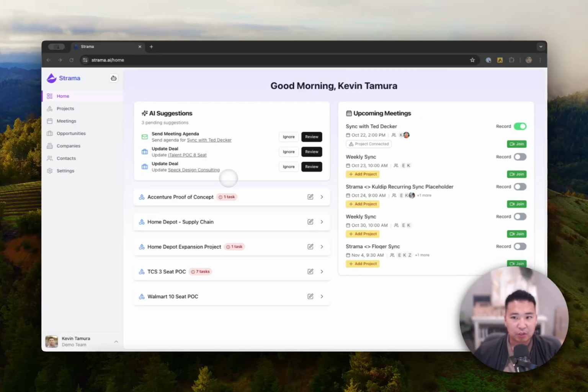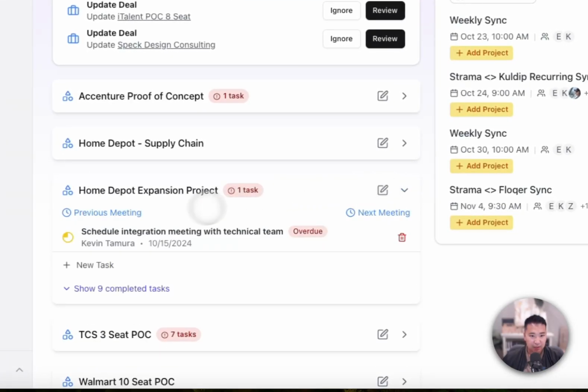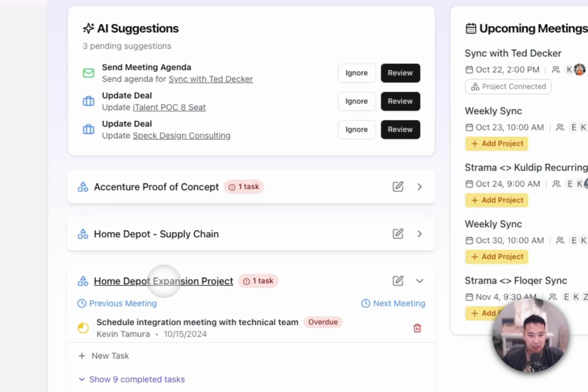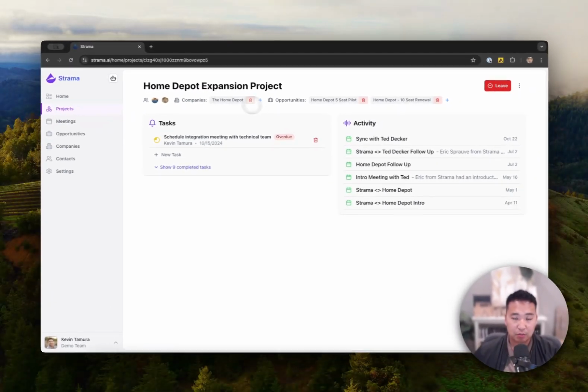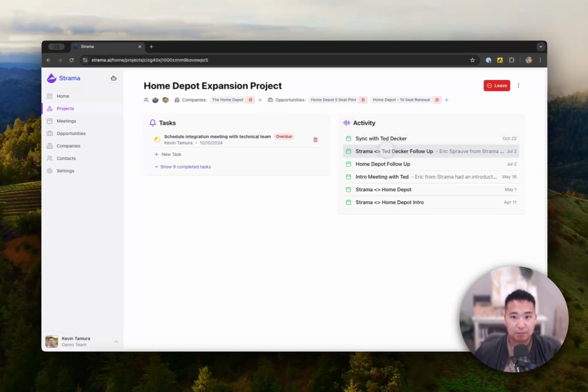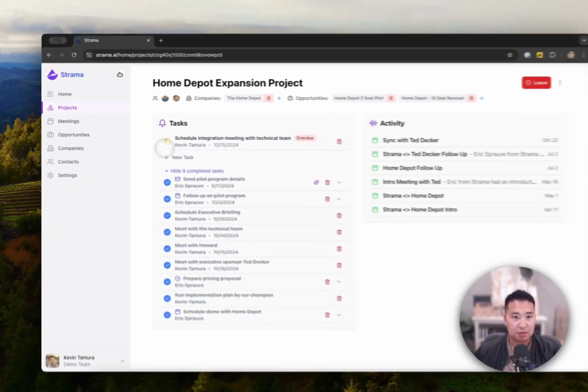First item we're going to look at is with regard to our projects. Within projects, for those that are using projects, you know that if you assign a meeting to an opportunity, that opportunity is within a project, or vice versa. If you just assign a meeting to a project, we'll take the aggregate of all those meetings and list all the tasks here, right? So nothing new there, but what we've done is we've created the ability to update the